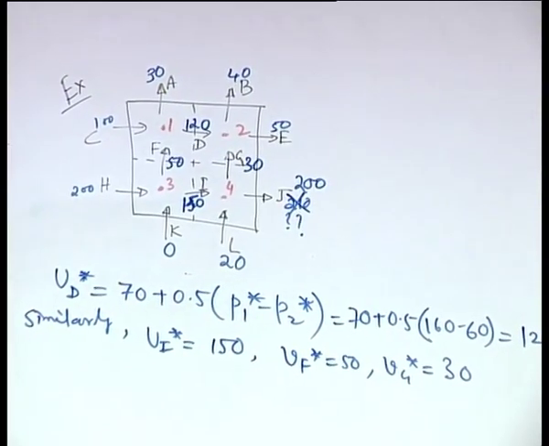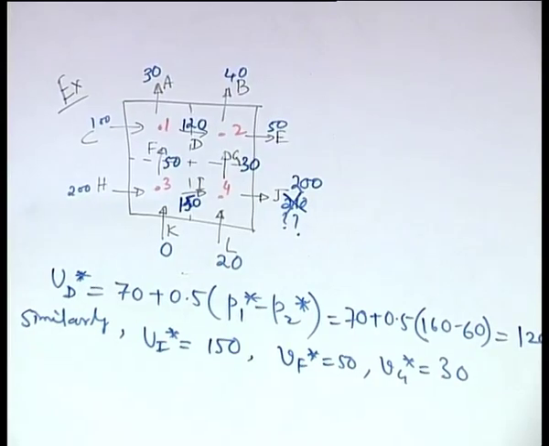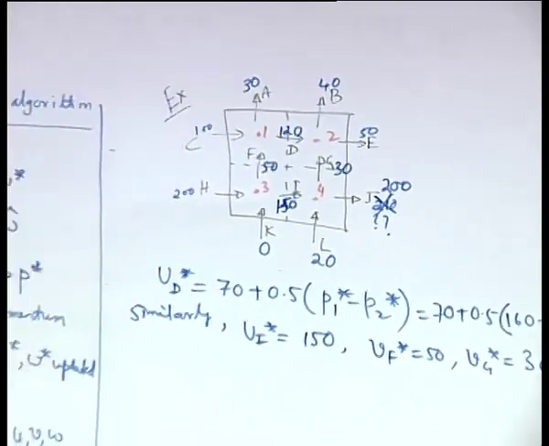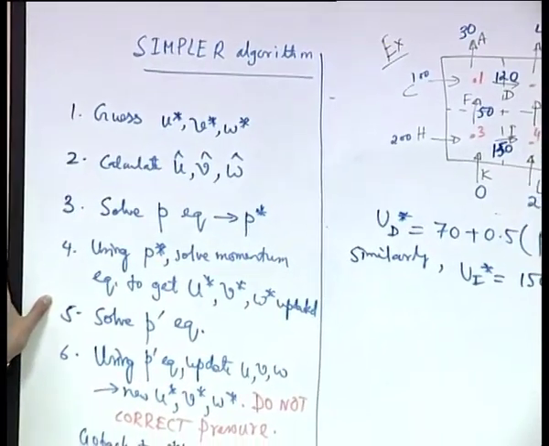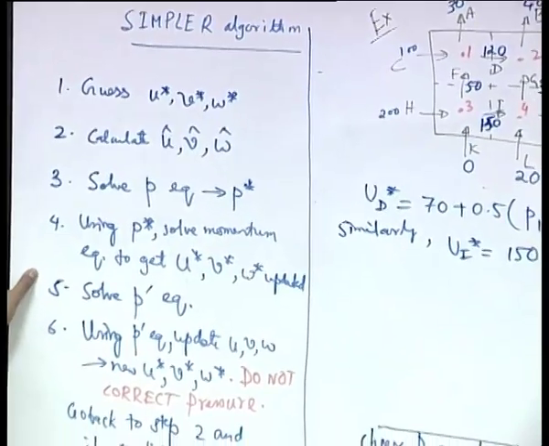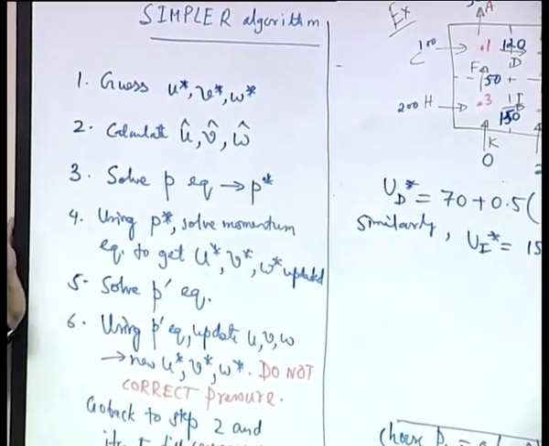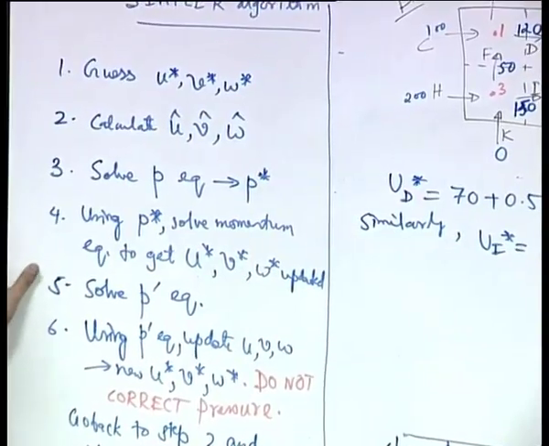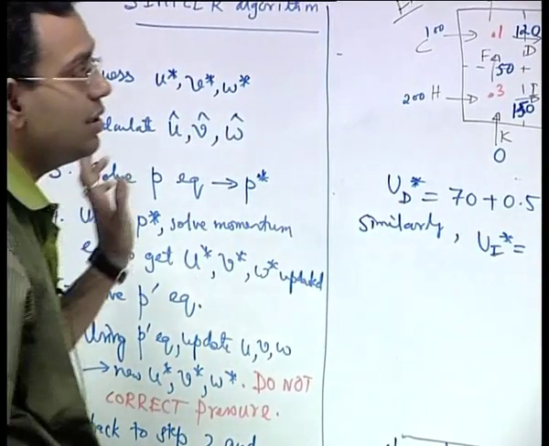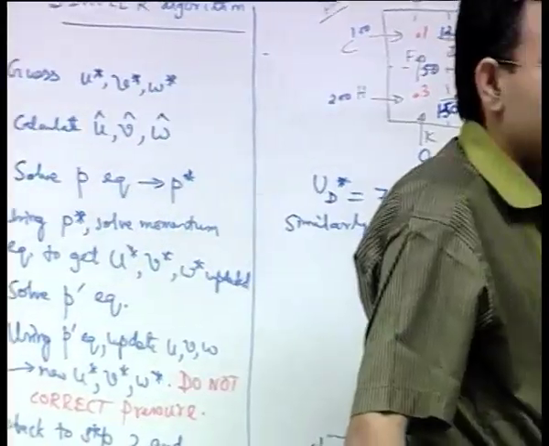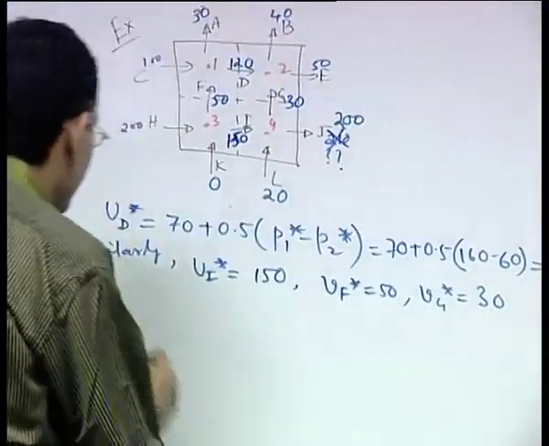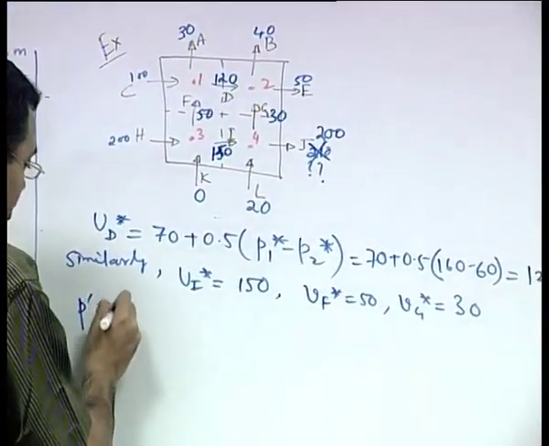So we have come up to which step? We have solved for the pressure correction equation. Have we solved for the pressure correction equation? Not yet. So you can solve for the pressure correction equation now. What will be the pressure correction equation? It will look same as that of these momentum equations. So it will be P dash equations